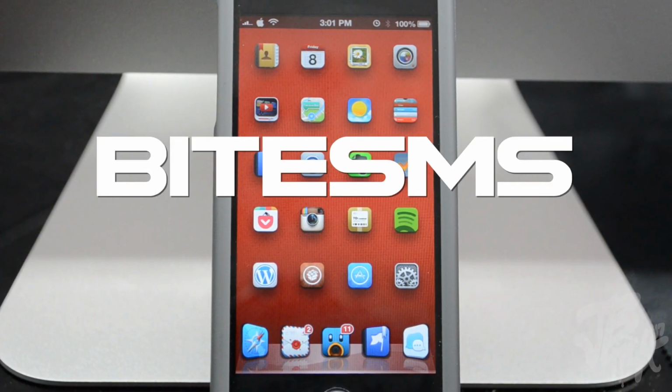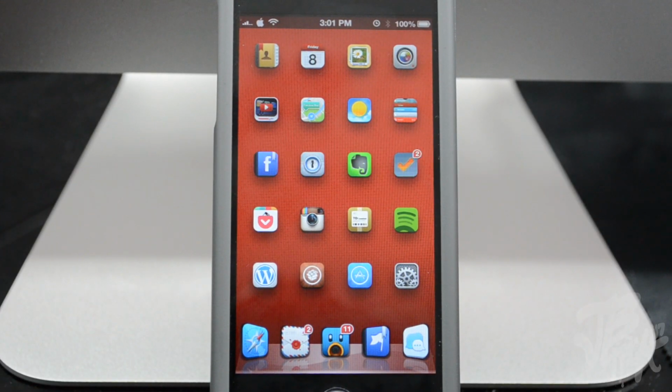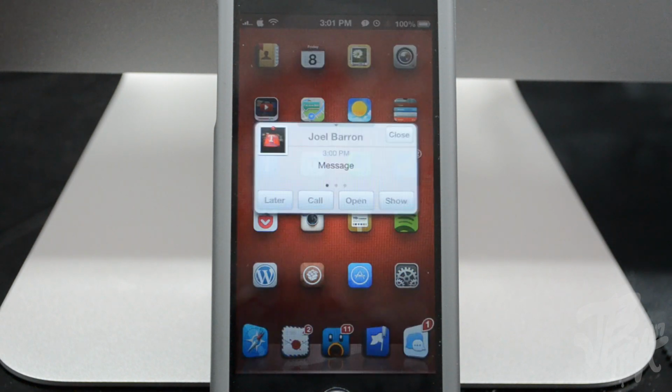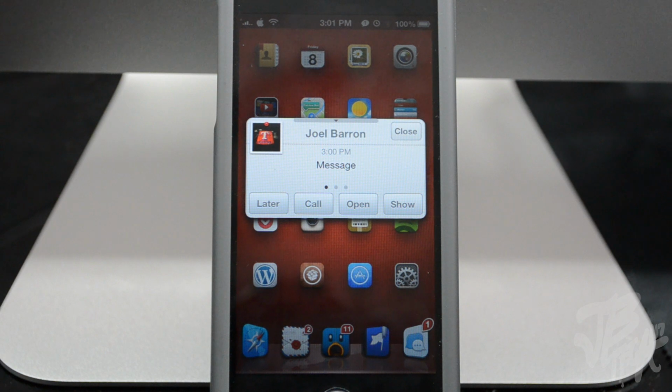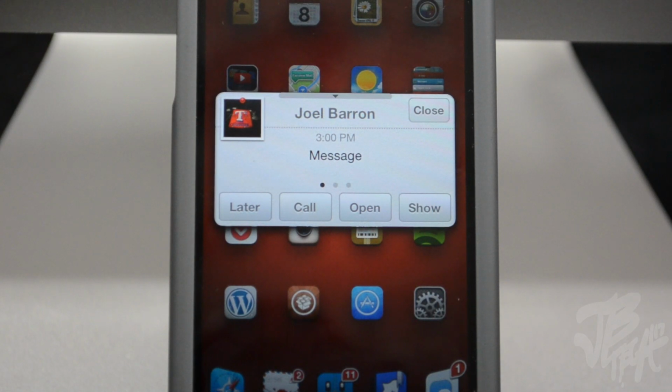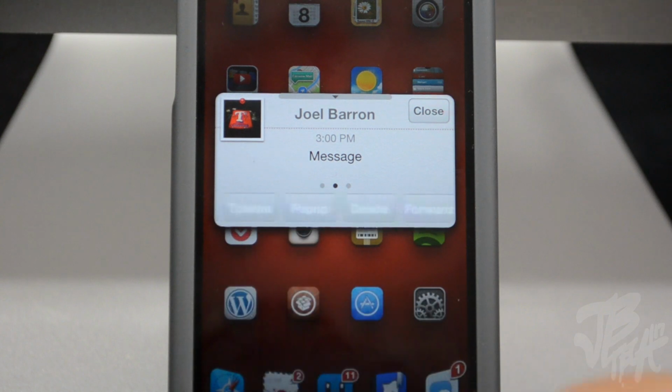Next, we're going to talk about BiteSMS. Now, this is available for $8, but if you want to try it out first, you do get a free trial. What this simply does is it replaces Apple's message app and gives you various useful features. For example, when you receive a text message, you do see this little notification pop up right here. You can simply reply from this message instead of having to open up your message app